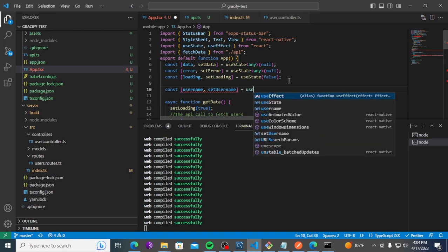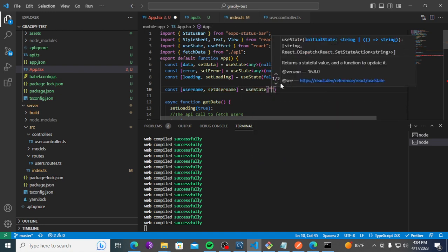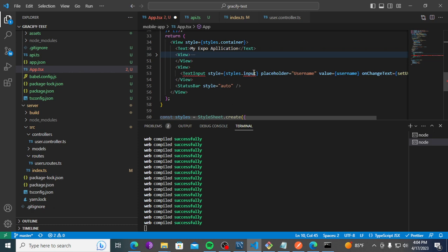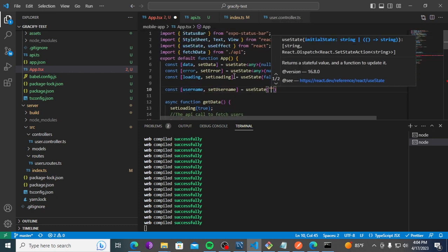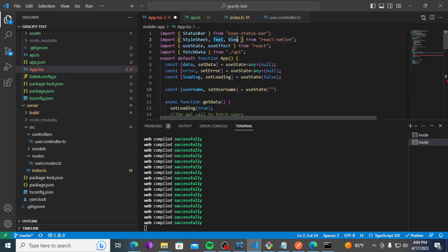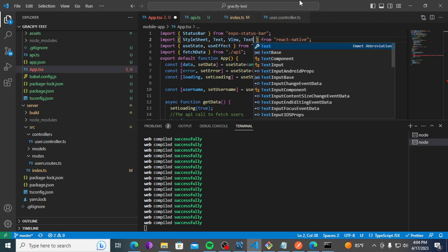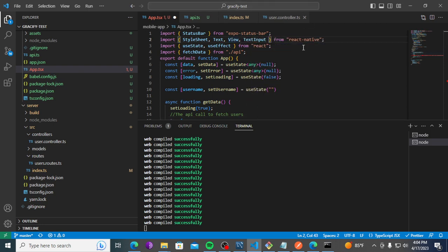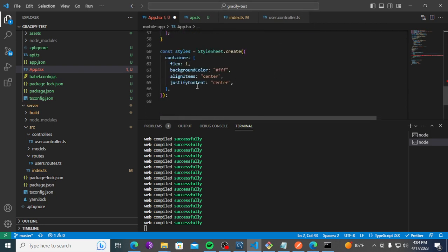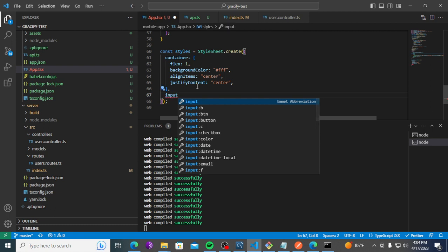And then useState, begins with nothing, and then let's import also the TextInput here from React Native, and also add the style, right? So the style input,